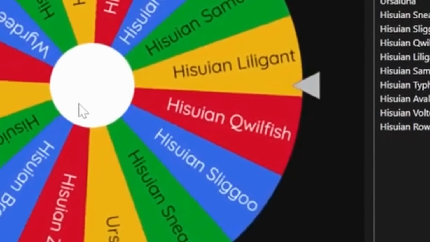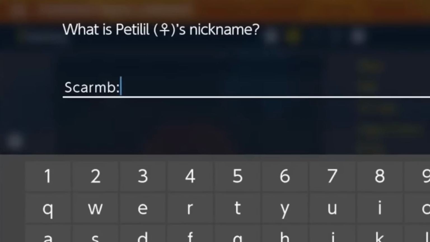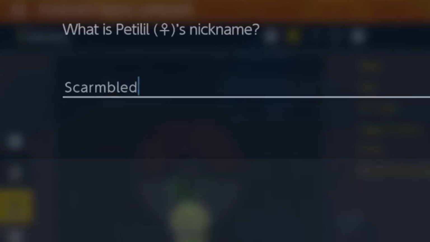Fuck. Yeah, the Poison-type Quillfish would have been nice, but we ended up getting Scrambled the Petilil. Ooh, Egg Salad is a good one. We should definitely name...